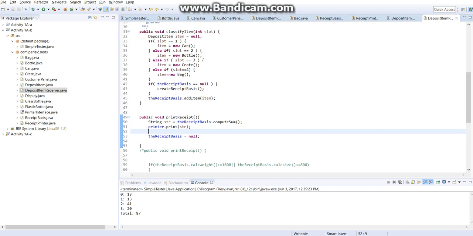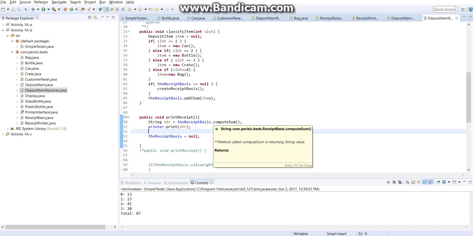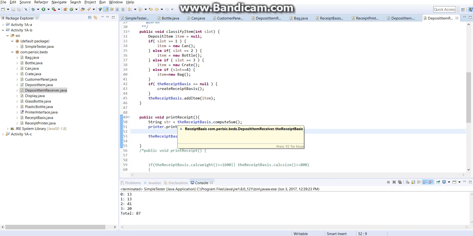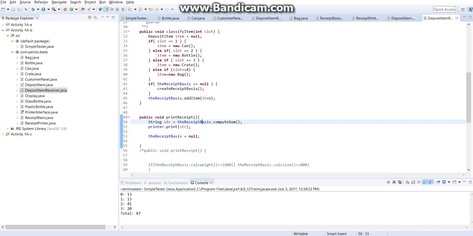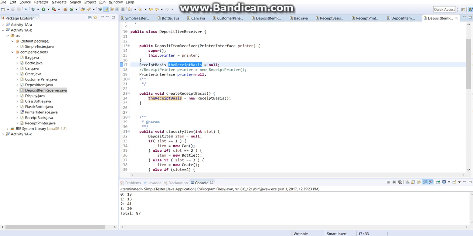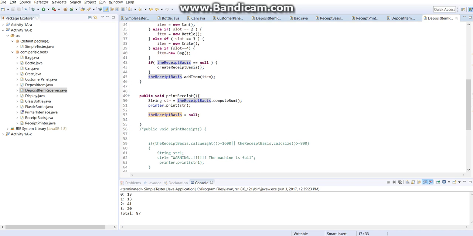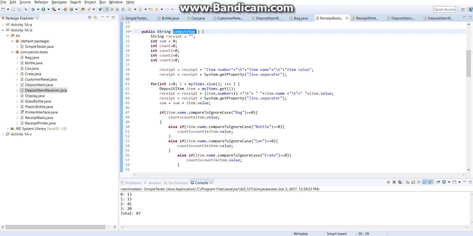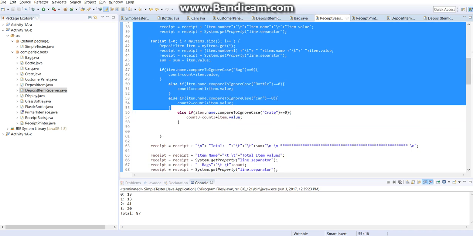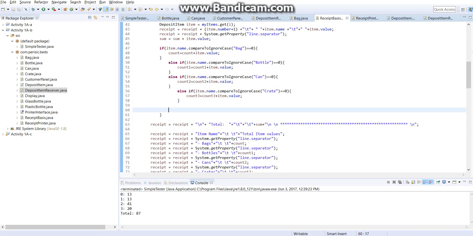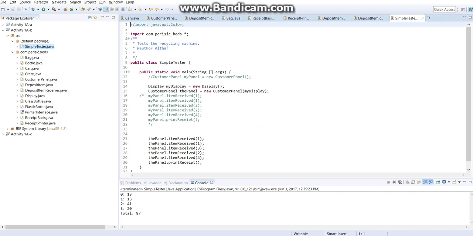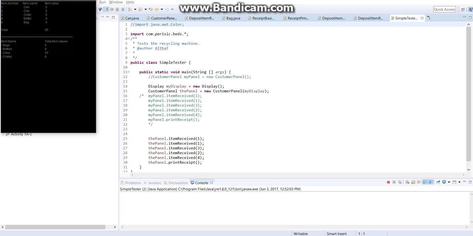and where the receipt basis calls the function for the compute sum, and the entire receipt is printed on another console, so we can run it, and the output is as such,